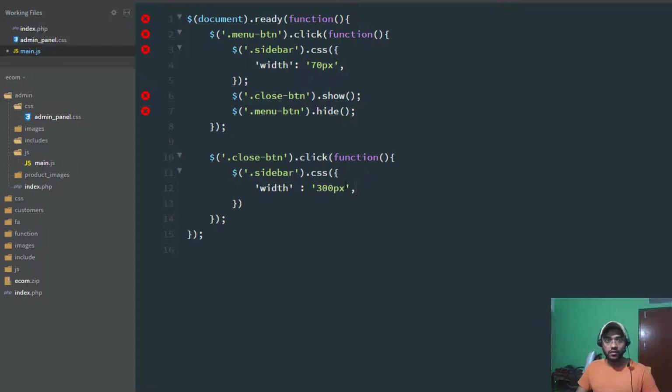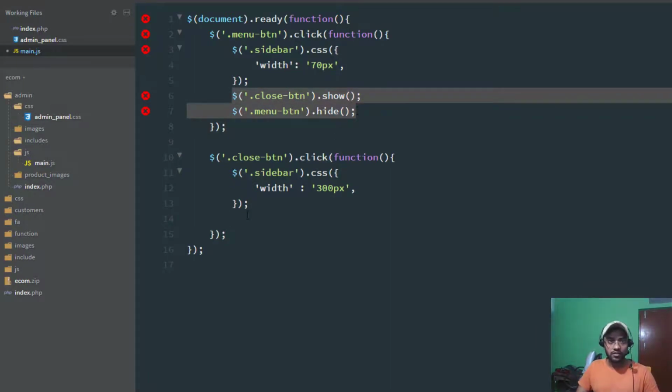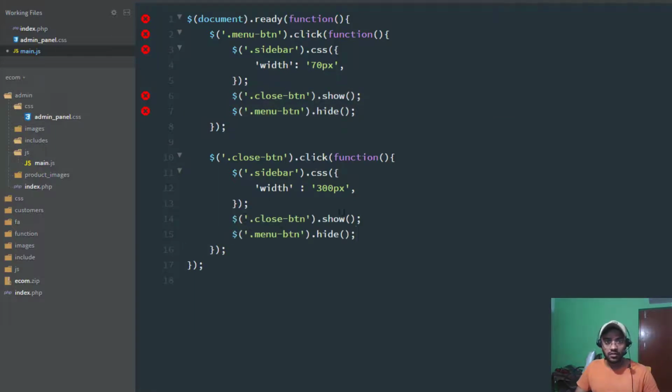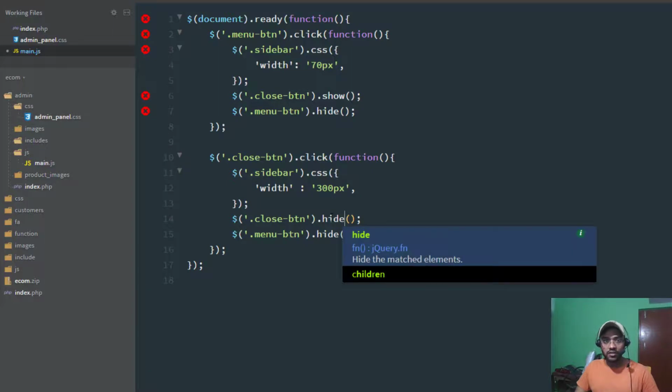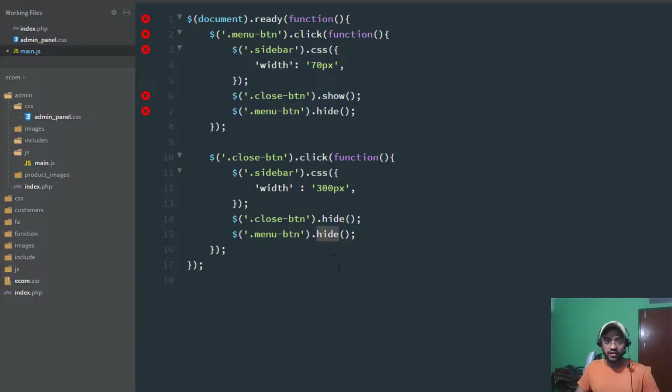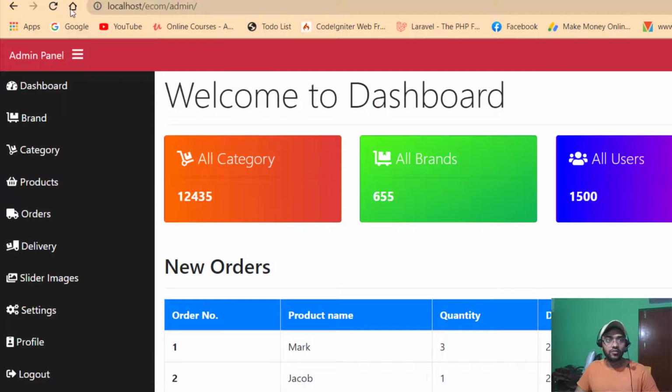Yeah, and after that we just make it opposite, so I copy this thing. Okay, and this changes to hide, and this hide function is replaced with a show option. Control S to save and check in the browser, refresh